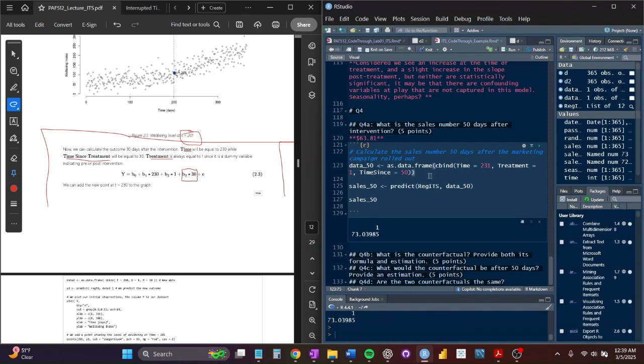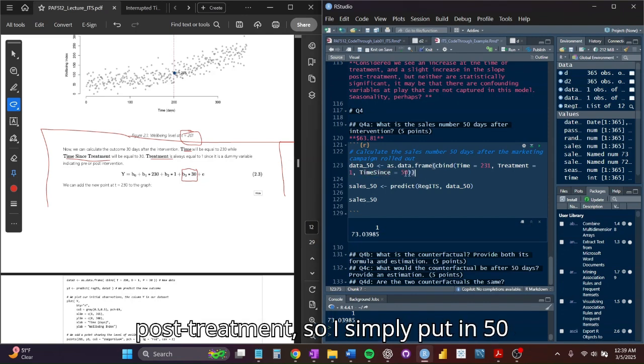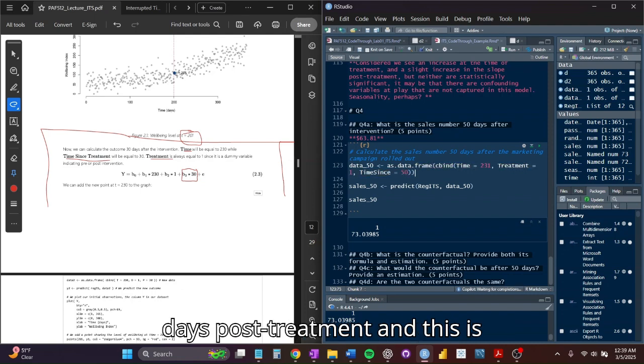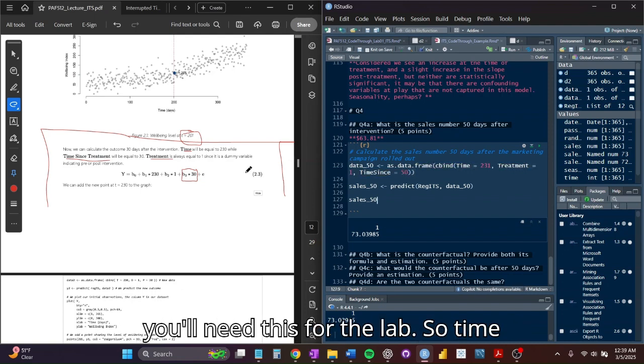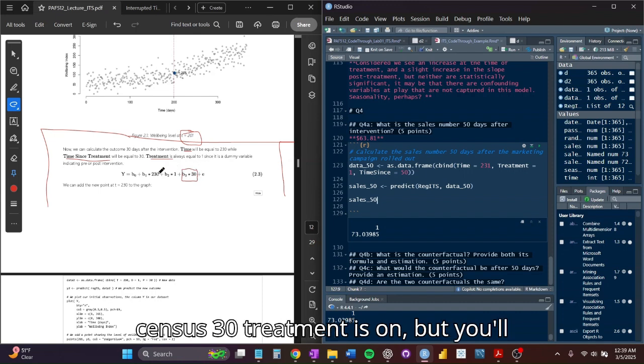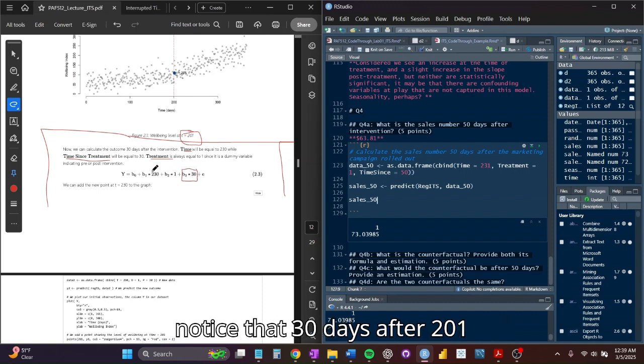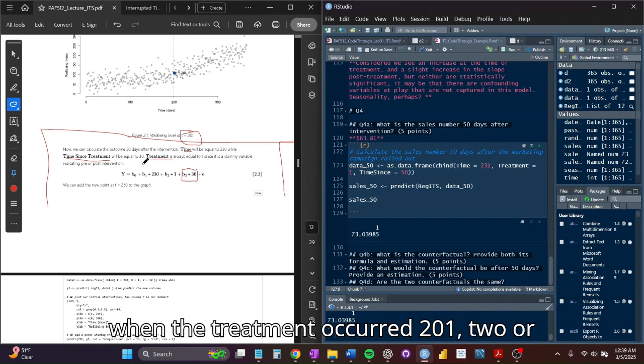We always label our time since as 30, or as you'll see here in RStudio, time since. I wanted to look 50 days post treatment, so I simply put in 50 days post treatment. And this is ultimately how we find these values. So you'll need this for the lab. So time since is 30, treatment is on, but you'll notice that 30 days after 201, when the treatment occurred,